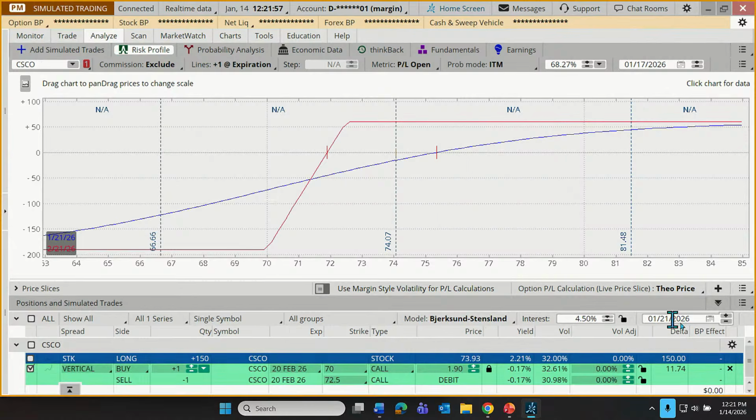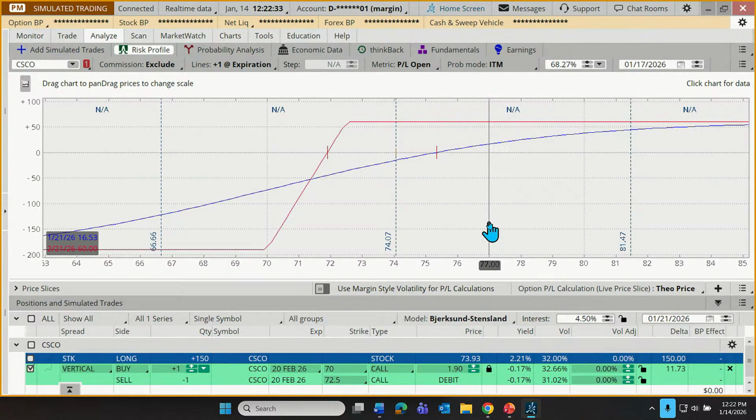So if I go forward a week, there we are, January 21st, this is now the projected profit or loss as of next week. So if our trade, let's say Cisco has gone up to $77 by the 21st of January, well, we could just point at 77 and look over here in our profit or loss and see how we're doing. This trade would be up, let's get as close as we can. How about I move up a little bit so you can see the 77? There we are. Up about $16.50.